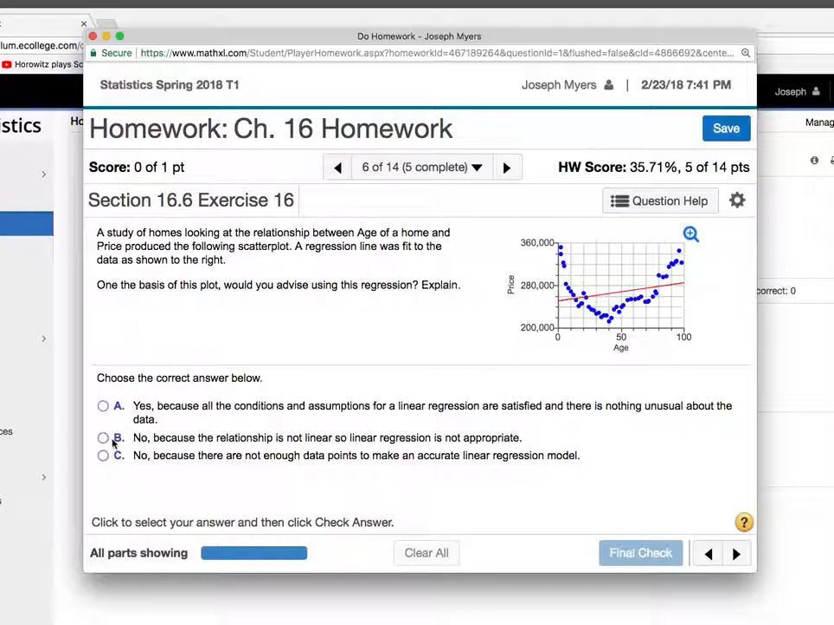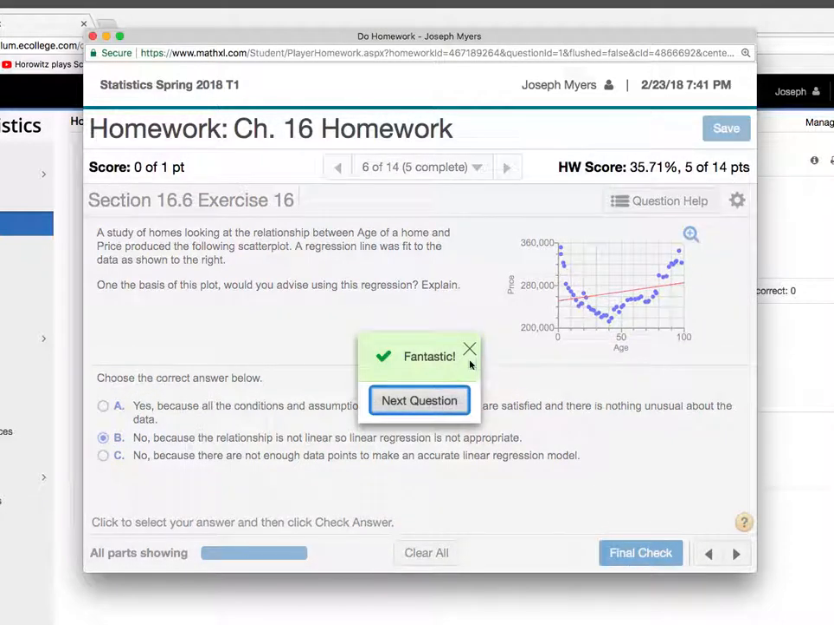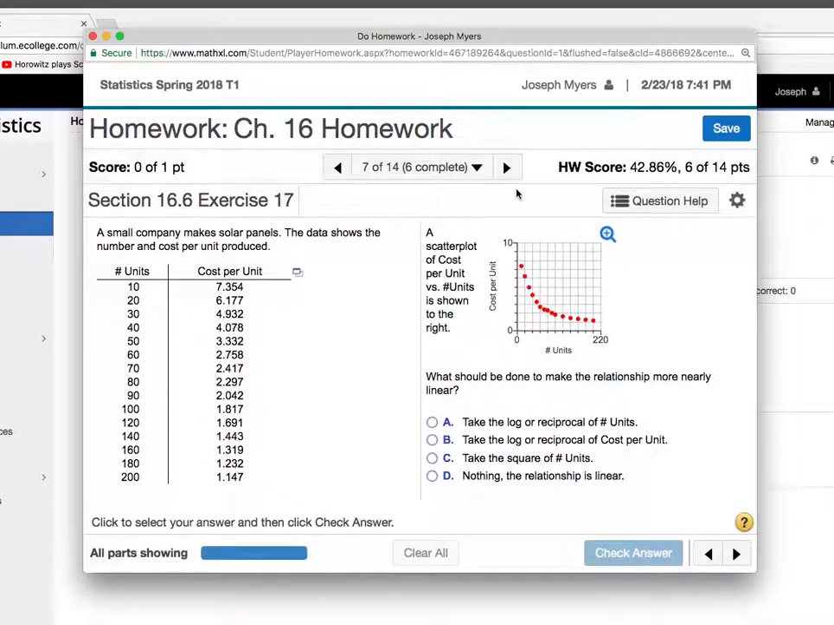So I would say no. It's definitely not linear. Okay, wow. This is a good example of one where you can do a transformation to make it a